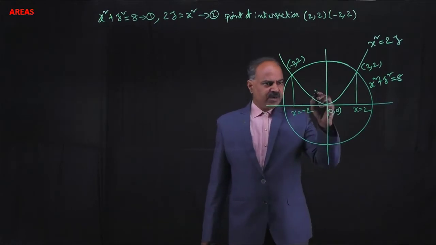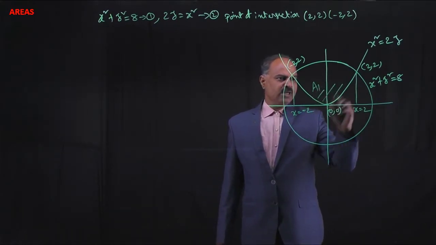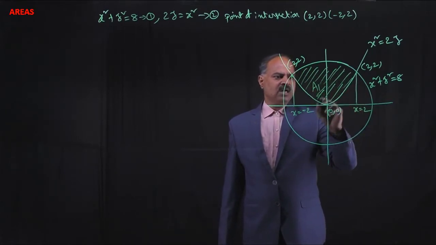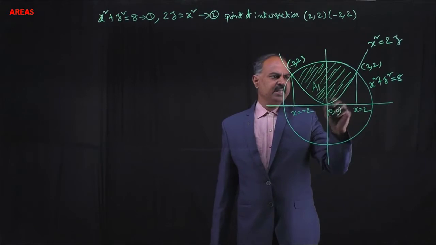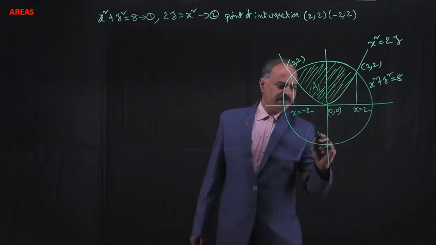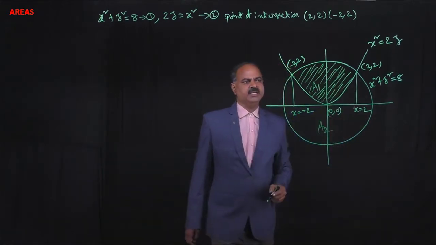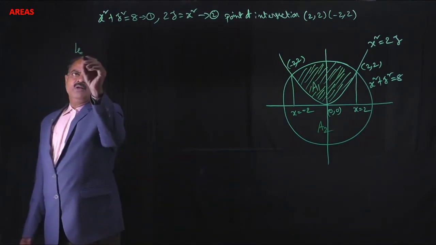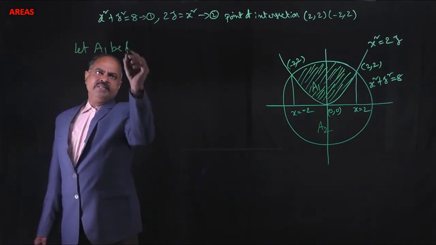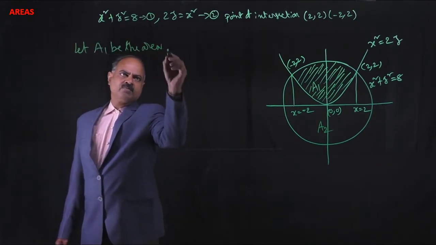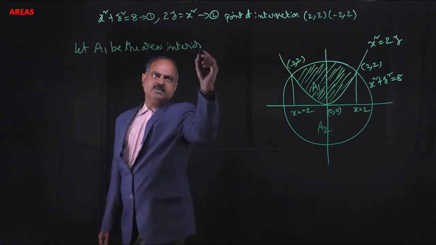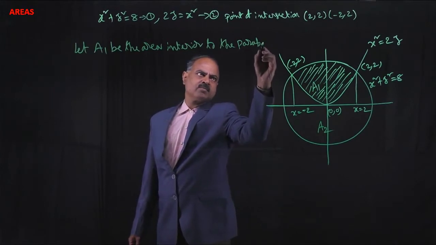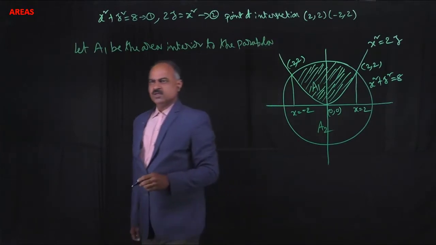So let A1 be the area interior to the parabola. Let A2 be the area exterior to the parabola. Let A1 be the area interior to the parabola. So A1 is equal to